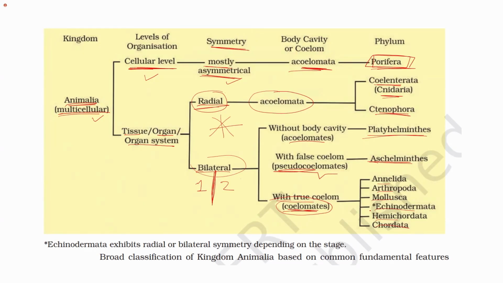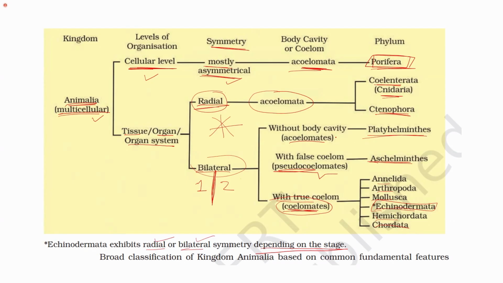But here, the point that we should notice is that we have a star marked here as echinoderms. Why are they star marked? Because in the last lecture, when I was teaching you about symmetry, we found that echinoderms contain organisms that have both radial and bilateral symmetry. This depends upon the stage. The adults have one symmetry while the larval stage has a different symmetry. So depending on whether it is the larval or the adult stage, they may exhibit bilateral or radial symmetry,